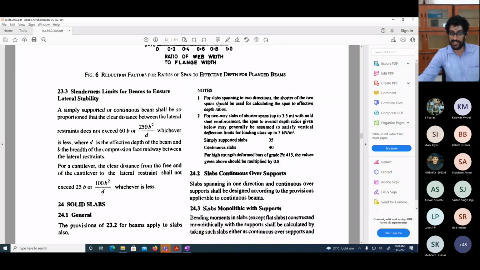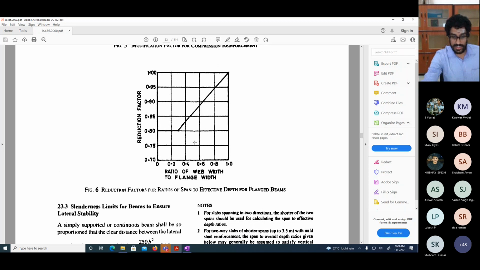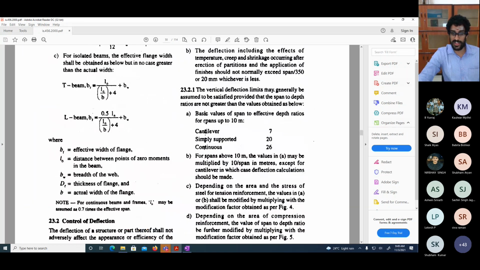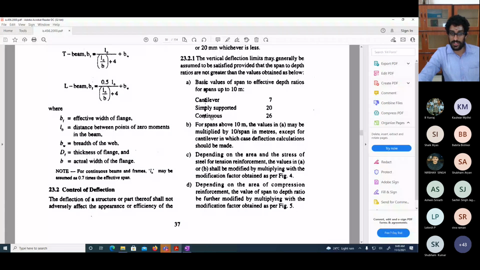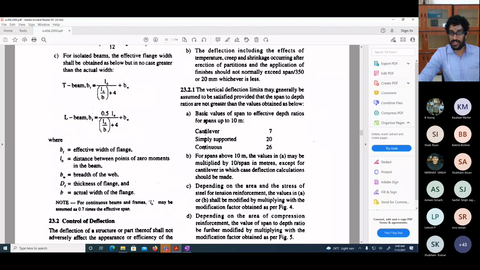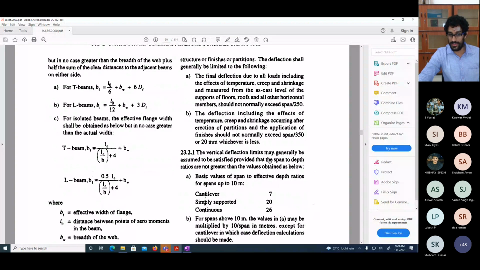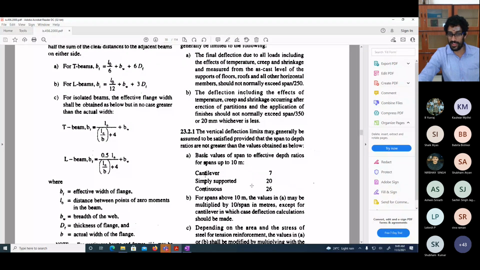Okay. So here they gave the provision of 23.2 for beam apparatus. Yes, sir. There they gave, for simply supported, L by D effective, like 20 for one-way slab. Yeah, for one-way slabs you will use this. So can we use, for a one-way slab, length by D effective rather than using length by overall depth?